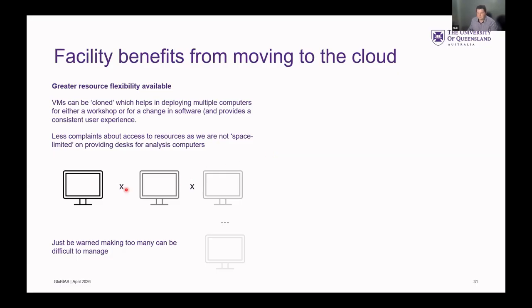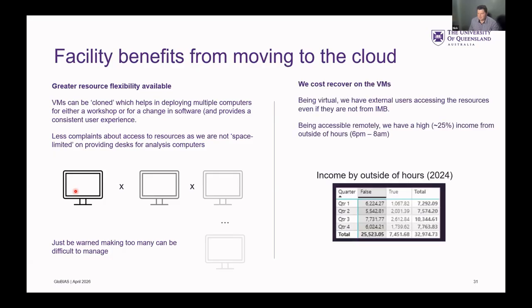But one kind of challenge is we've got 20 VMs. Once you've made them all, because they mostly are static for us, it can be a bit difficult with version control because you might have to go and update 20 different versions of Fiji. But we also cost recover on our VM, so that means we charge for access because the resource itself costs money to buy, and the licensed software that we have,